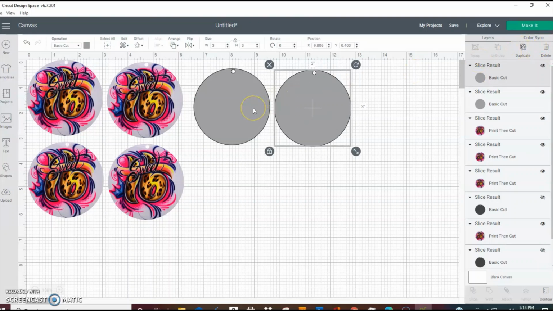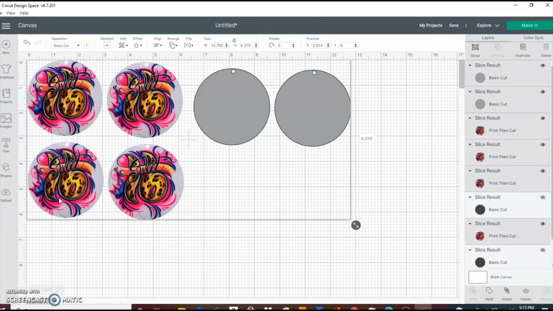If you use 110 pound cardstock, then I would use 4 to 6 layers, 6 being a good number. So you just make as many of these as you need. If you're going to do 4 layers per earring, then you would need 8 pieces, etc. So that's a quick way to